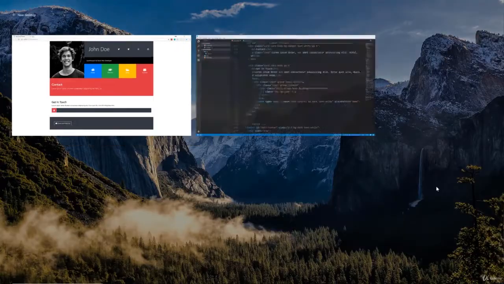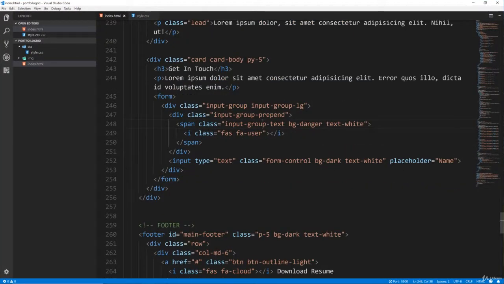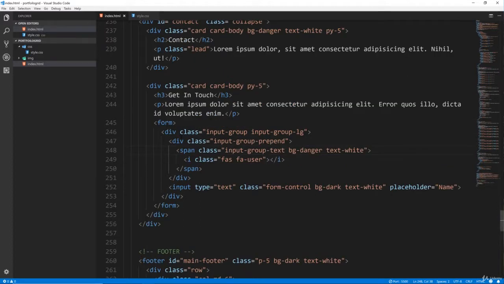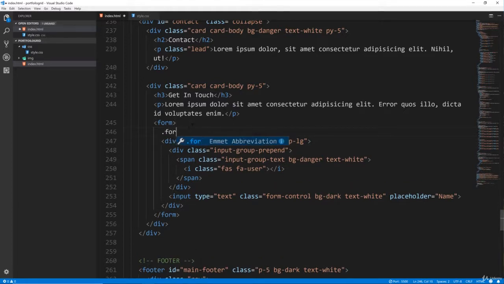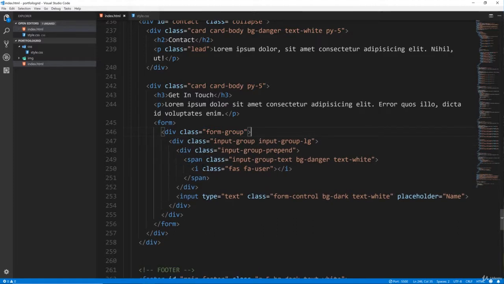Now we want a couple other fields. So let's actually copy the entire input group. Actually, you know what? I meant to put this in a form group as well, just to add the extra spacing. So let's do form dash group, and let's just take this ending div and put it at the end of the input group, which ends here. All right, and then what we'll do is copy the form group and paste that in